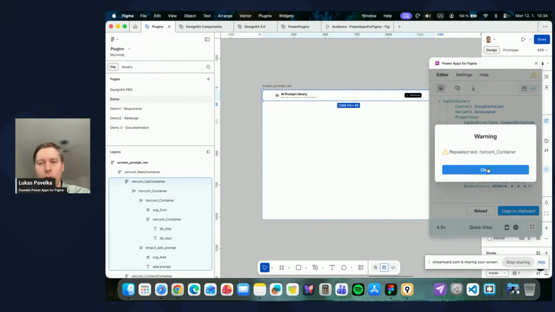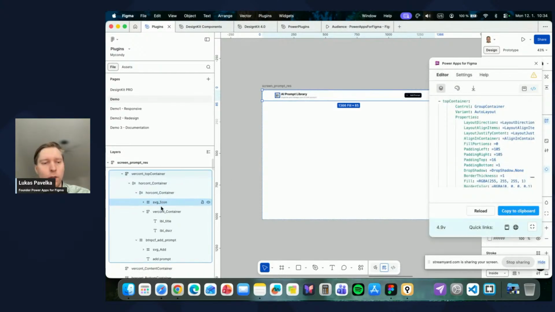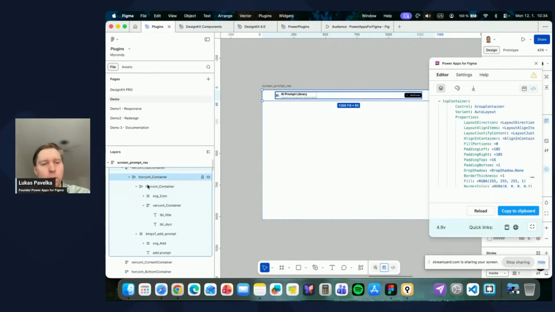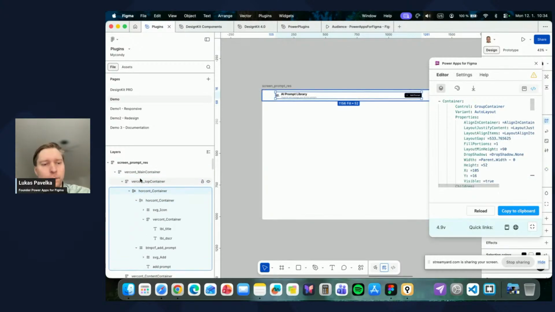So I need to add a count, which is here automatically, to the same names. So I will just put it like count and, for example, content frame. And when I select again,